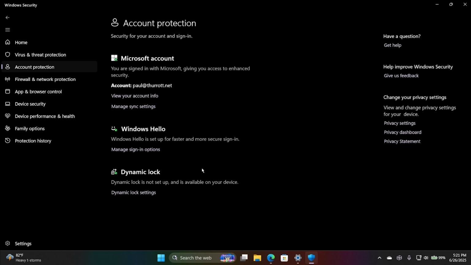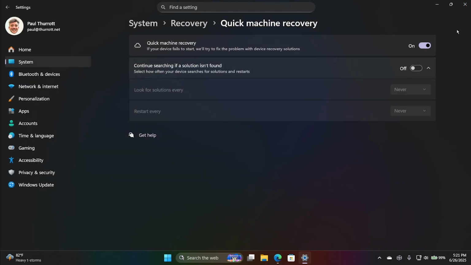Use Windows Hello, right? And then dynamic lock, which I actually don't recommend. It's kind of a bulky system. The point of this is that you link Windows to a device like your phone, and when you step away, it loses the Bluetooth connection and it will just log you out. Actually, it locks the screen, but same effect. The idea is that your computer might be sitting there and someone could walk up and start using it. It's not a great feature because Bluetooth actually works pretty far away, right? So you could be like 10, 20 feet away and it's still working